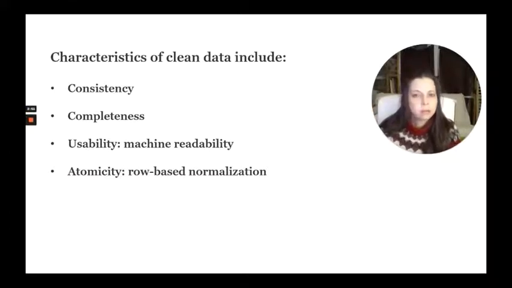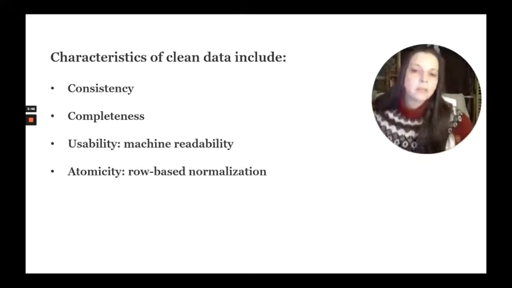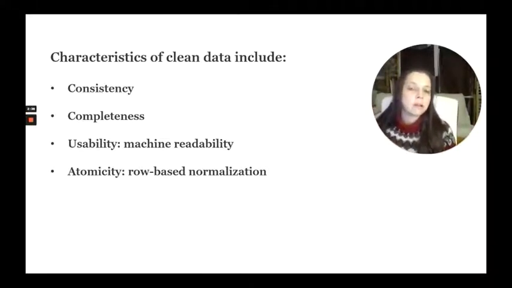The next characteristic would be completeness. This just means that the dataset needs to be properly filled out. Again, in the case of enumerating trees in urban parks, I can't just decide to exclude a corner of the park just because there's a creep in that quarter and I don't feel like going there.